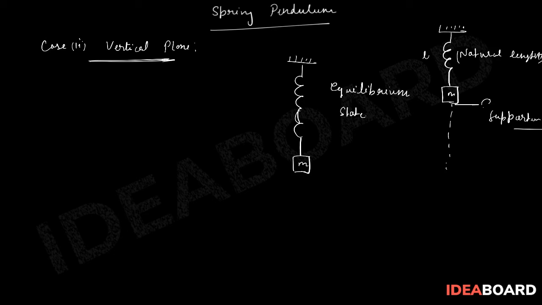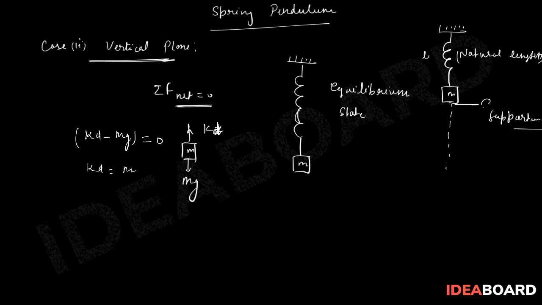So during equilibrium we know that summation of all forces will be equal to 0. So if you draw the FBD of the block, then of course mg force was downwards, and of course we will have kx. Let's say during equilibrium it is x extended, or let's say d extended, okay, then we can say kd. Then for equilibrium we have to write kd minus mg. This is the net force, that should be equal to 0. So I am saying that kd will be equal to mg. This is the equilibrium condition.